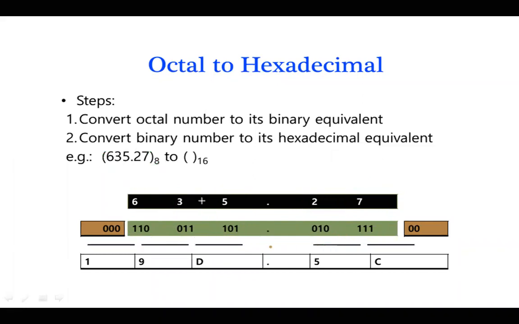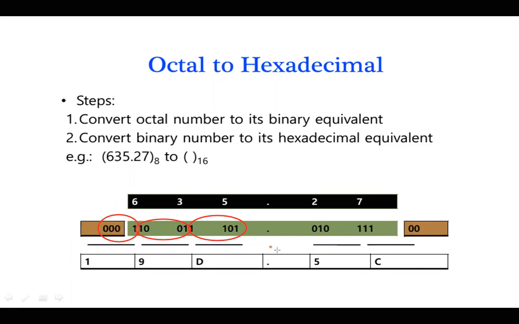Now, how do we get the hexa format? To get the hexa format, how many digits at a time do we have to group? We have to group 4 digits at a time. So these 4 digits form one group. These 4 digits form the other group. And for the last one, only 1 is left, so for the remaining I have to add zeros, and they will form one group. What is 1101? It is equivalent to D. Again, 1001 is equivalent to 9.